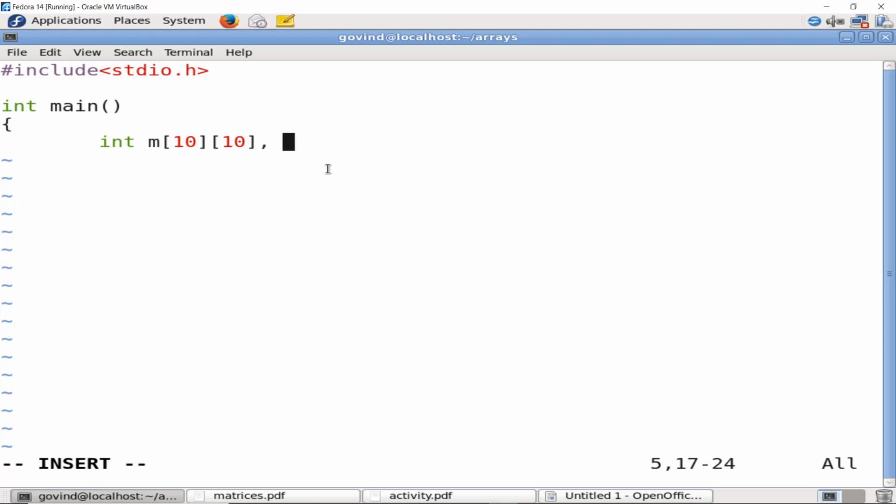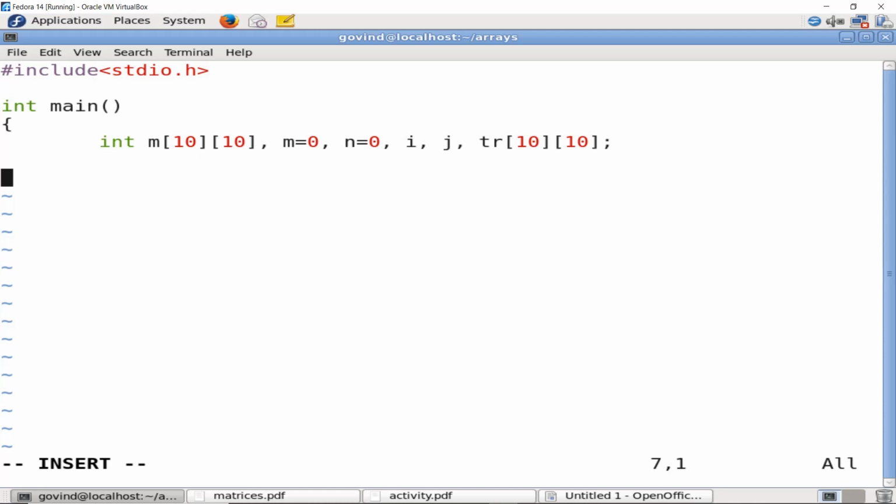So the matrix has a number of rows. Let the value of m represent the number of rows and let the value of n represent the number of columns. I need i and j as variables, and I also need another matrix, say transpose tr, to store the transpose version of the element.